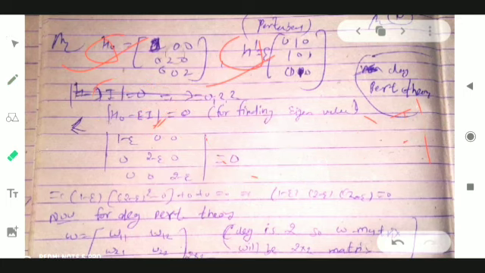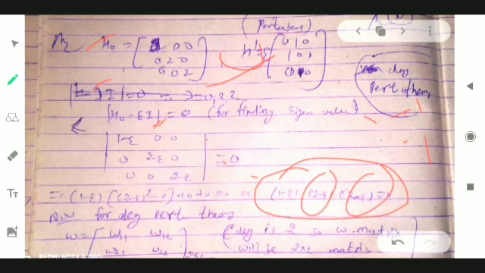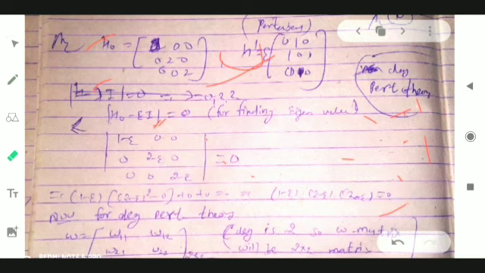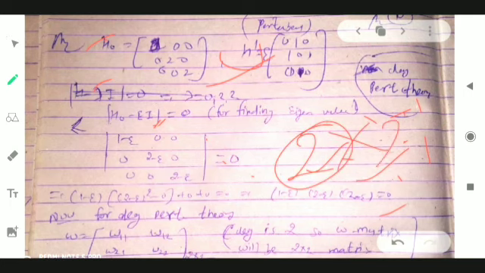Now we put the values here and find the eigenvalues: 1 minus E, 2 minus E, and 2 minus E. We have clearly seen that here we have 2 minus E and 2 minus E, two same values. This means we will find degeneracy. If we have two or more same values, that means there is degeneracy. So here two terms are same, so the degeneracy is 2. So we will make a 2 cross 2 W matrix.